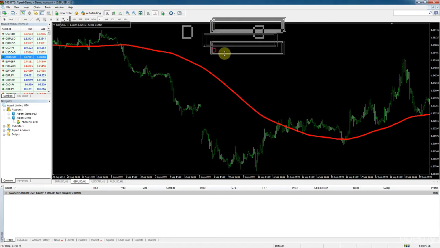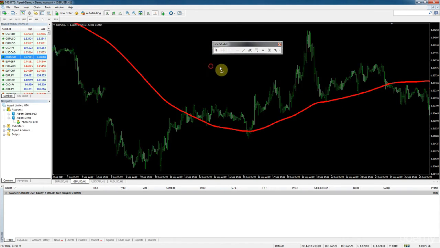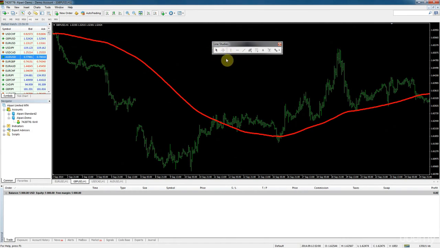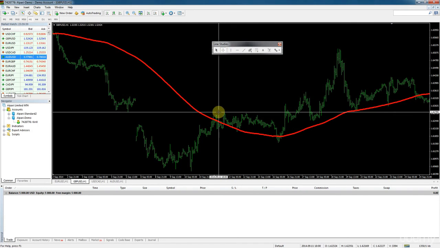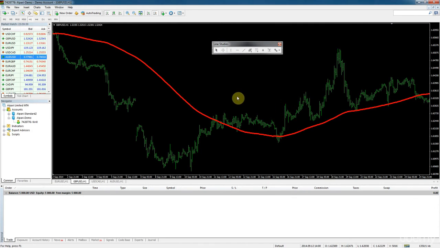The last one we have to do is line studies. Here you can click the crosshair and it will add a crosshair to the chart, and then if you click and hold, you can measure distances on your chart if you like. Same thing if you just middle click your mouse, the scrolling wheel, you'll get a crosshair. Then this one adds a vertical line to your chart. Horizontal line adds a